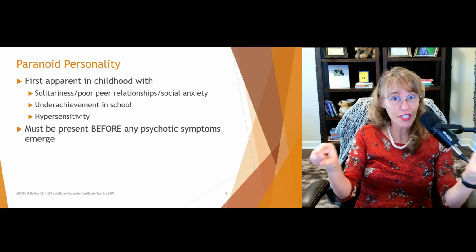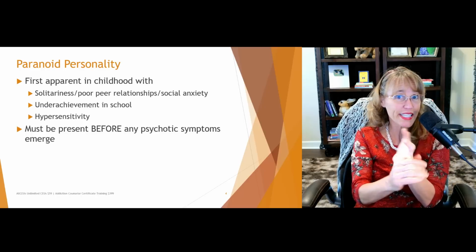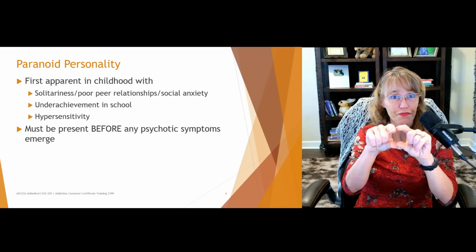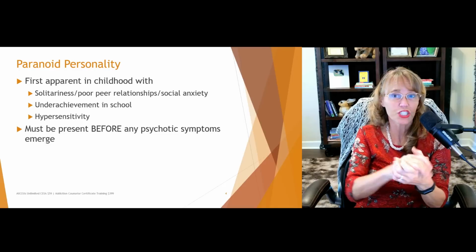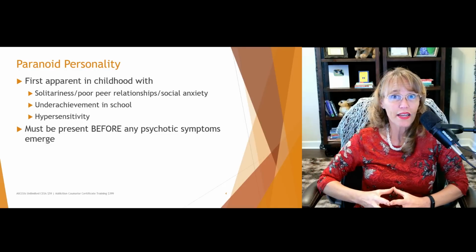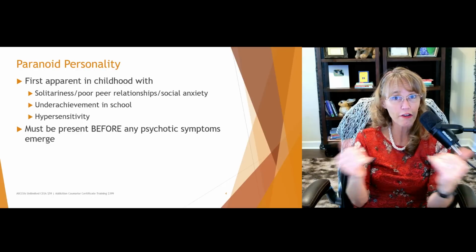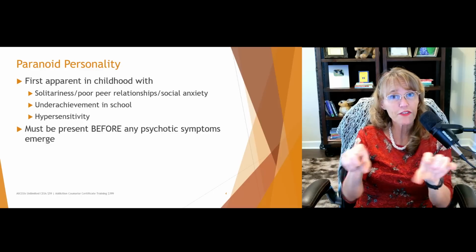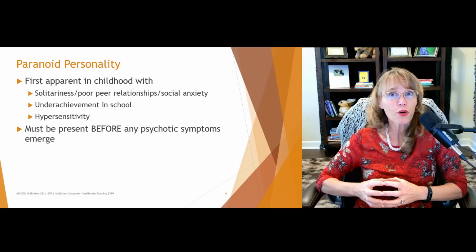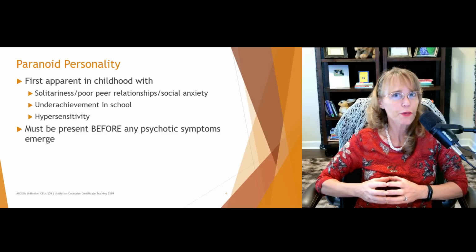You have physical needs here: your food, your shelter, your medical care, which sometimes these kids aren't getting in chaotic households. Then you have the safety level, which in these chaotic households, generally the child doesn't feel safe. Above that is love and belonging. So until they're getting the bottom levels of Maslow's hierarchy met, they are not probably going to have the energy or motivation to even try to form healthy peer